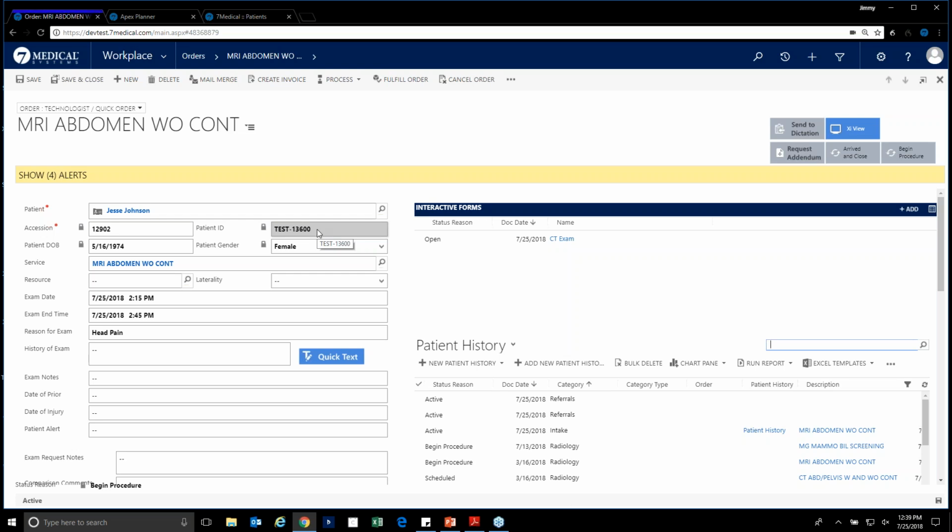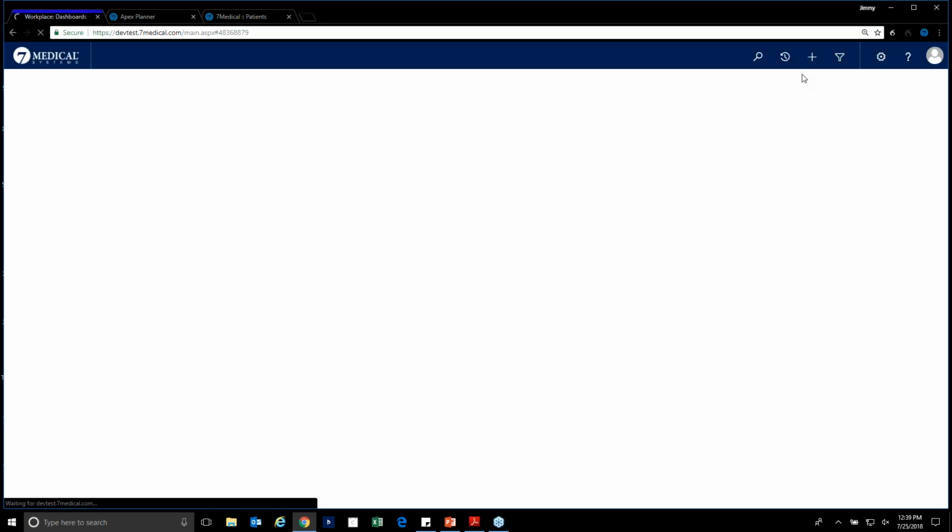From a radiologist perspective, we have a Chrome add-on that we've developed. Out of my Chrome browser, I can click on this little 7-medical icon, and I can toggle back and forth between the two. I can click on this, and it says Enable Dark Theme. So if I click on this and just refresh here quick,